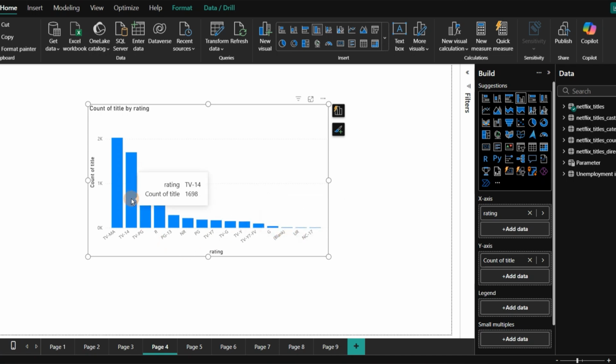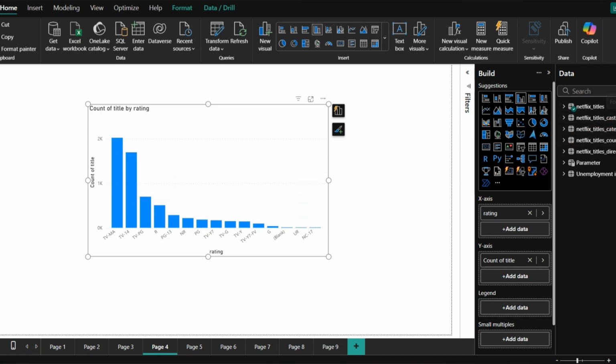But I also want to make it more visually appealing by showing the colors of these bars as per my conditional formatting. So if my bar is of highest value, that should have a darker color and it should go on in a gradient mode, and my lowest bar should have my lightest color. So from darker to lightest color I want in this visual. So how can I do it?